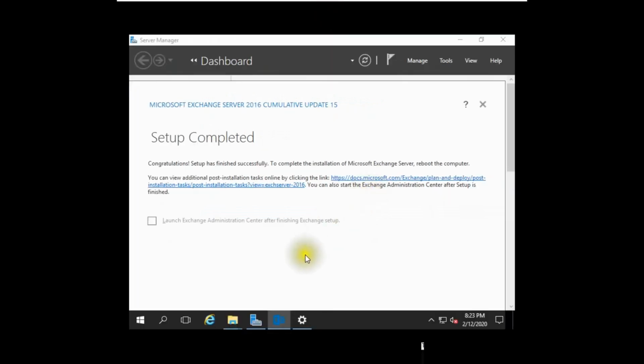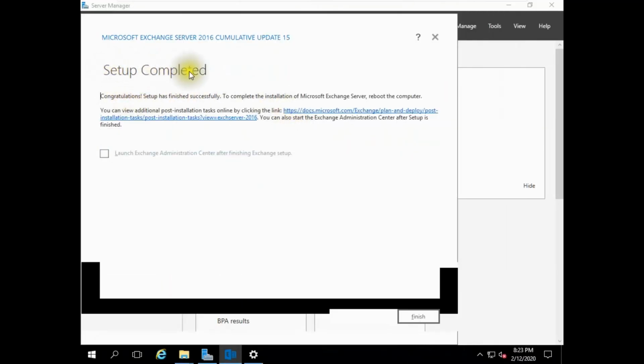Setup completed. Tick Launch Exchange Administration Center. After finishing Exchange setup, click Finish.